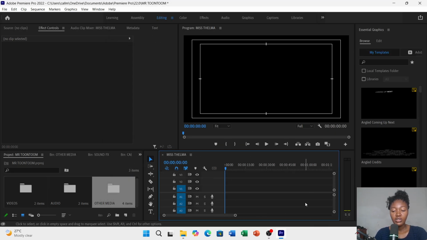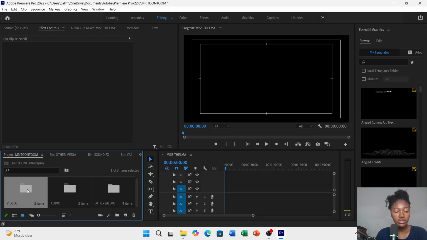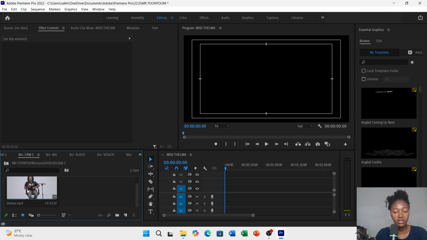Okay, so now our sequence area has been activated, and then we can go ahead and edit our videos. So this is how to set up and make sure you are set for the editing. This is just the beginning phase. It's very important to have this ready because it can make or break your entire project. So this is the end of part one, how to set up your video editing,